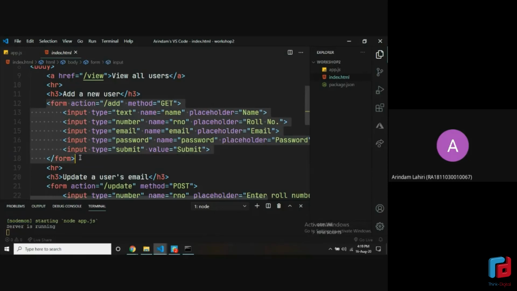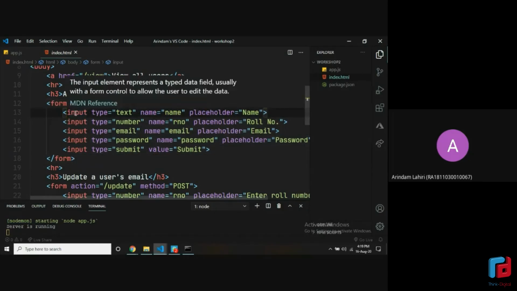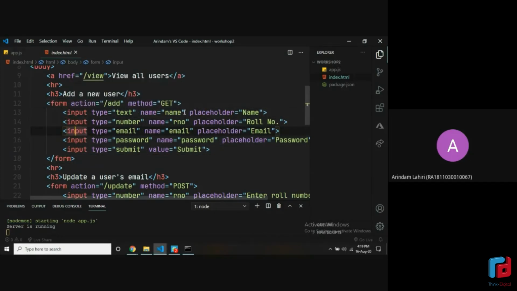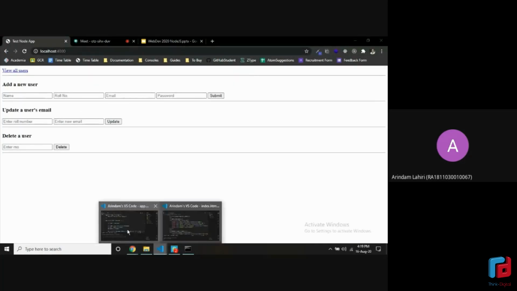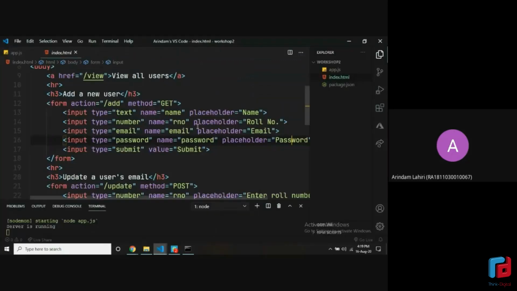For those who are not, it's a form tag. It contains several input tags. All right. Here you can see there's something called placeholder, and it says name, roll number, email, and password. What the placeholder is, is what the user sees on the screen. So if you check in the browser, it says inside the inputs, there is name, roll number, email, and password. All right.